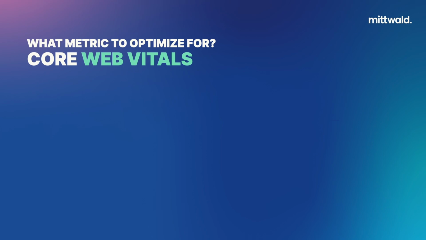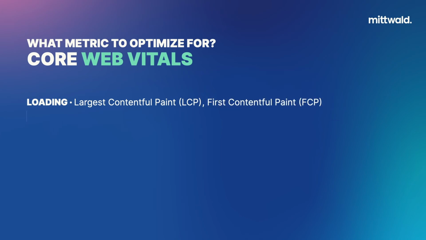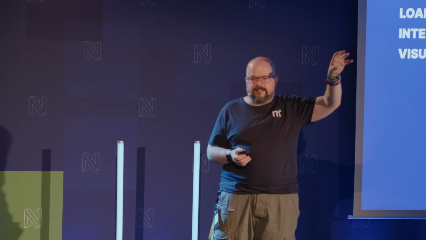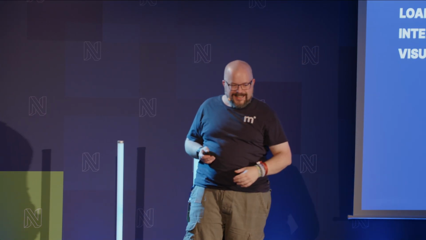The Core Web Vitals are a set of well-defined metrics to measure loading times, to measure interactivity, and to measure visual stability. So for loading time, we have the Largest Contentful Paint or First Contentful Paint. For interactivity, we have Interaction to Next Paint. So for example, if you interact with the site, how long it takes for the site to visually react to that. And visual stability is the Cumulative Layout Shift, because everybody's seen that particularly annoying ad that loads like 5 seconds later and then everything shifts down.